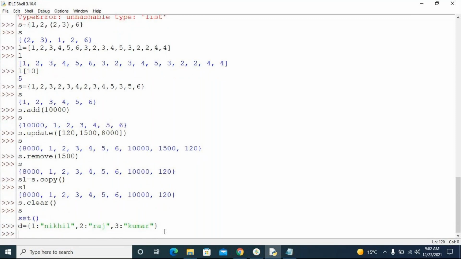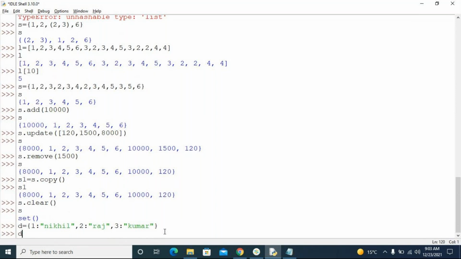If there is no index for this, because it is an unordered collection, it is a mutable data type. Some basics of every data type you need to remember. Dictionary is a mutable data type. That means I can add elements or remove elements from a dictionary.